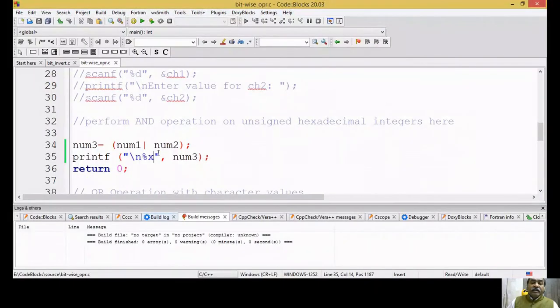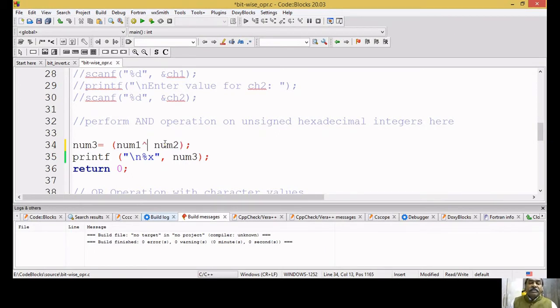To summarize, shall we do it for XOR also? Let us do it. It will be comfortable for us, right? Again, here only one operation. The XOR symbol is the caret symbol, right?